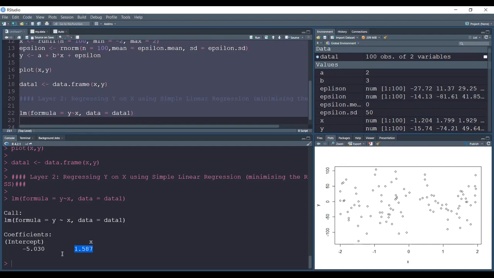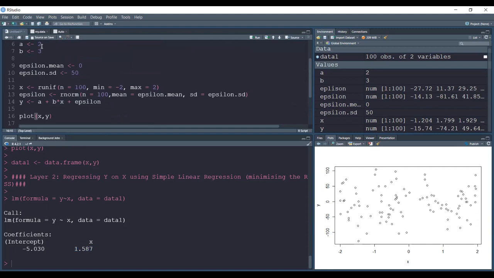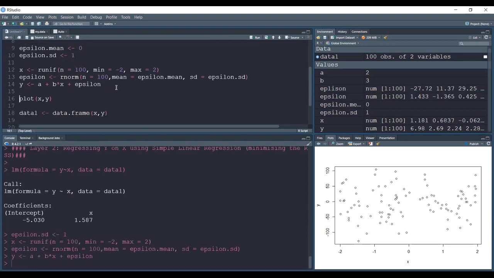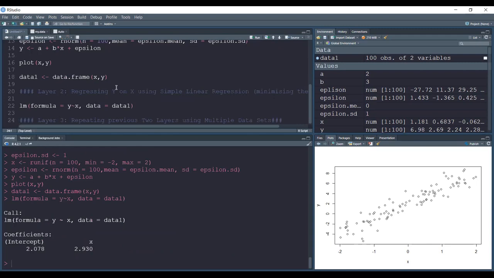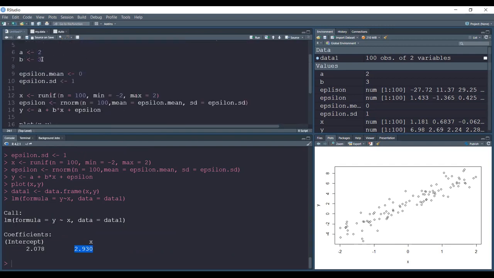But what's interesting, though, is that it is still picking out, we've taken a slope of 3, but the random error, the epsilon, distorts this 3 to a 1.58. So let's say I had to take a much smaller standard error, 1. Well, now what happens? Now the slope is practically 3. It's very close to the